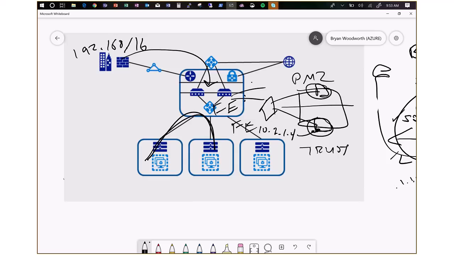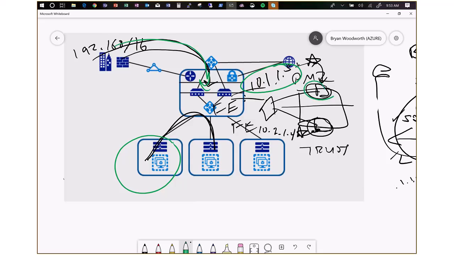And I could say 10.1.1.5 as a front-end rule is going to map to this guy. Both of these could be listening on HA ports, or star. Well, let's watch this. If I try to set my on-prem route coming in, green, and say, hey, for this spoke down here, go to this front end, because I want to accept it on my untrusted interface, sanitize it as I move through the box, and then have the response symmetrically come back to this interface and then scoot it back again,